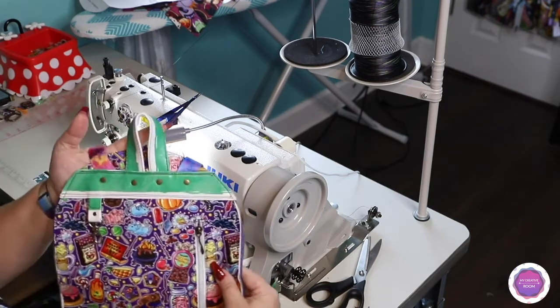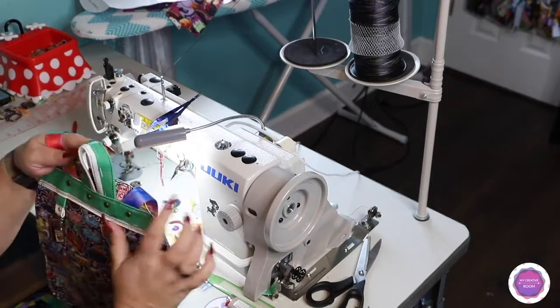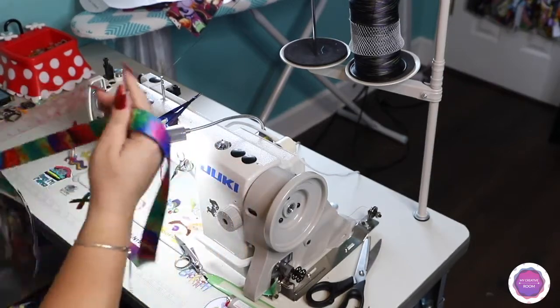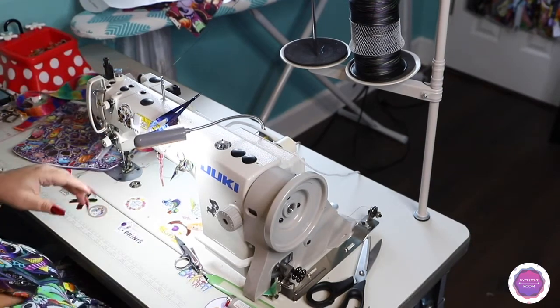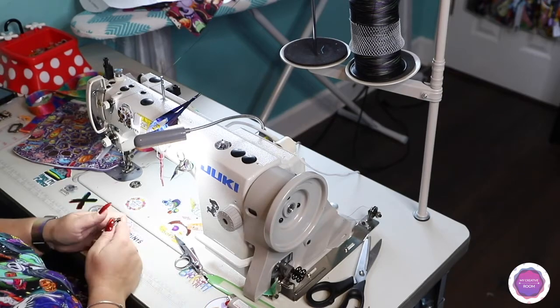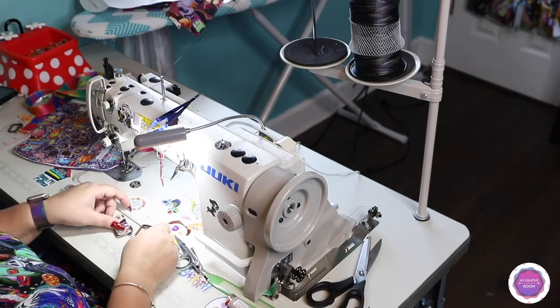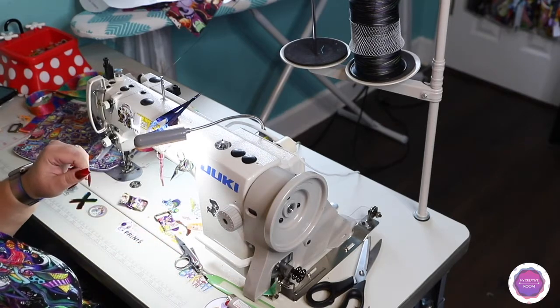Okay, all the rivets have been added, and look, see, thanks to my Geeky Helper, they're all nice and aligned beautifully. Okay, let's put the connectors, and for the connectors you will need this. You will also need this. And let's mark the placement